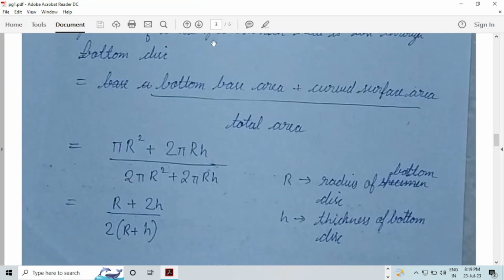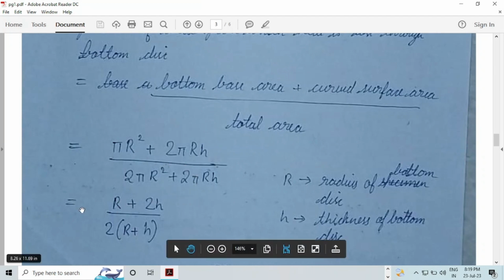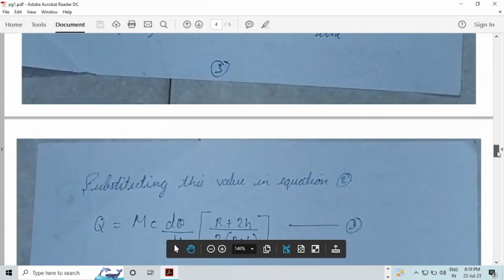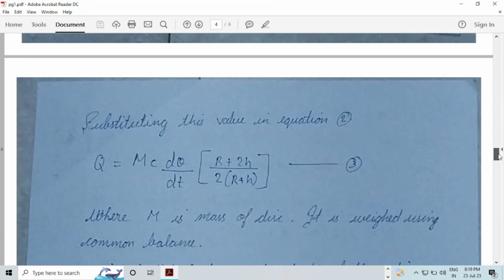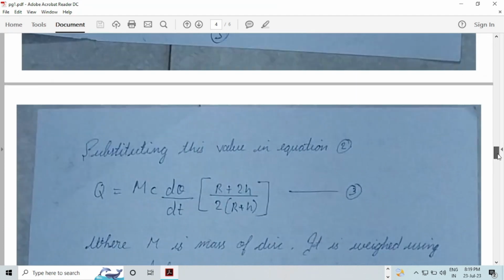Bottom fraction of area is bottom base area plus curved surface area by total area. It is given by pi r square plus 2 pi rh by 2 pi r square plus 2 pi rh, where r is the radius of the least disk and h is its thickness. Now this is equal to r plus 2h by 2 into r plus h. Now substituting this value in equation 2,